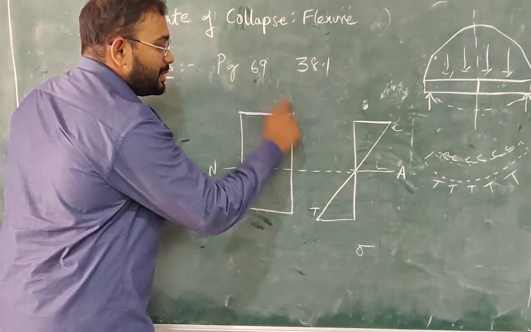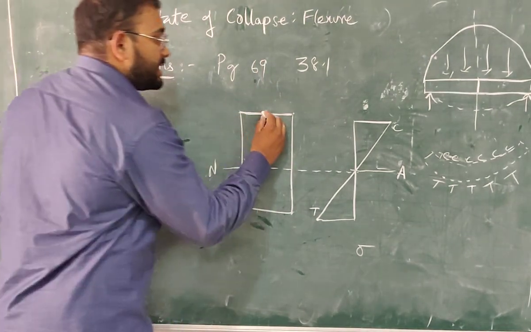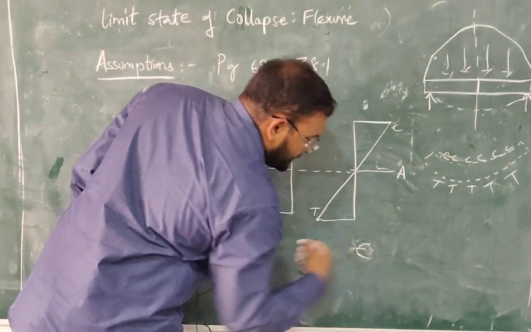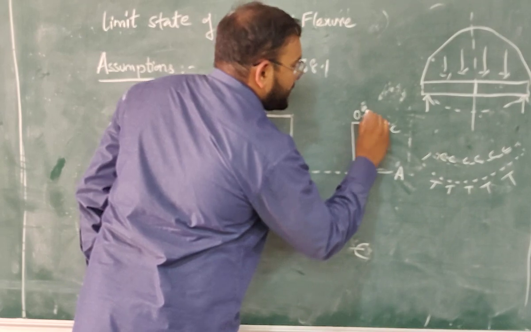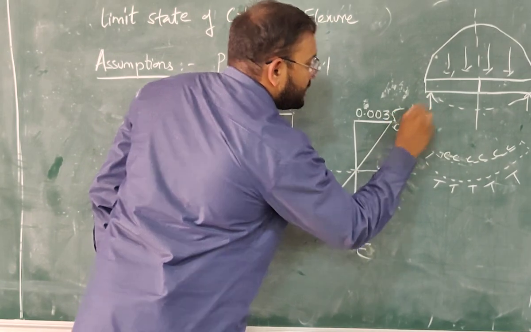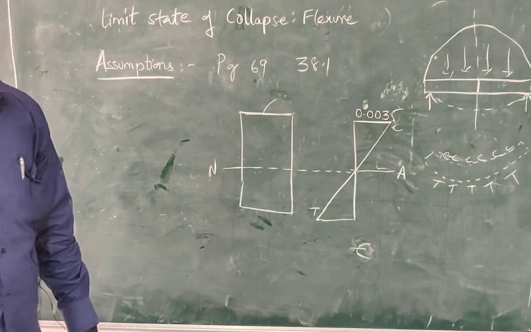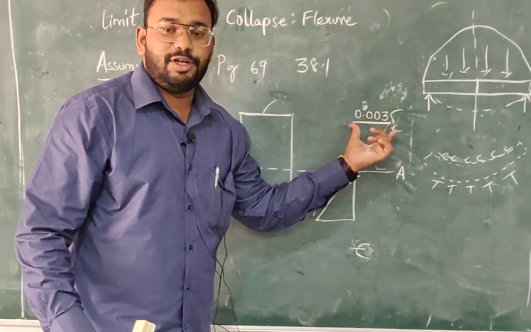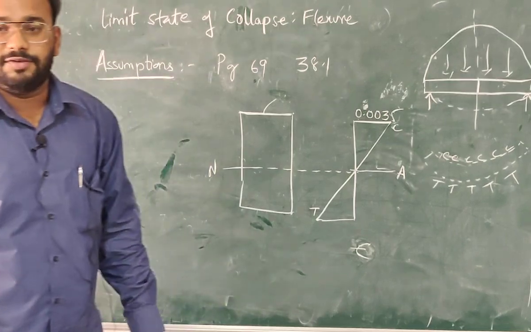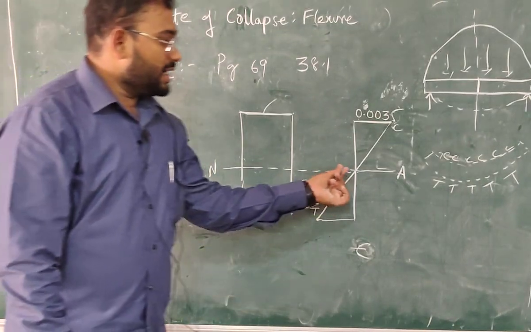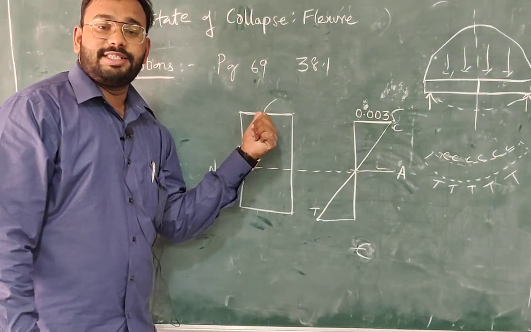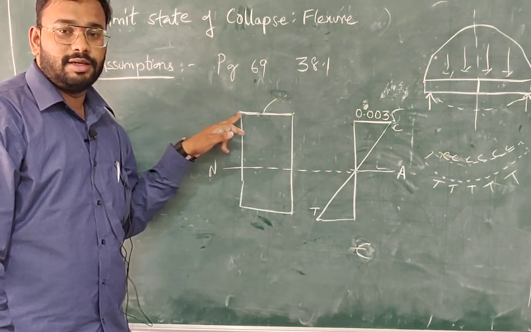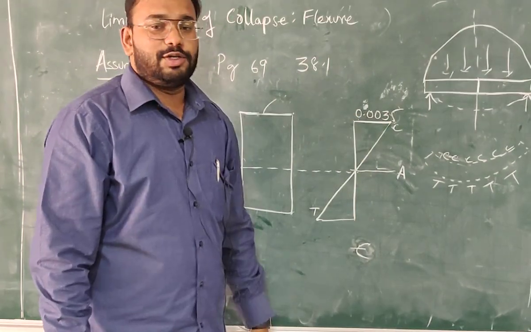So what this clause says is, the outermost compression fiber of the beam is subjected to a maximum compression of, make it as strain diagram, 0.0035. So what it says is that you consider strain up to this point only, such that epsilon is equal to 0.0035. Clear? Maximum strain in the top compression fiber of the beam, top compression fiber means top part of the beam, is 0.0035.